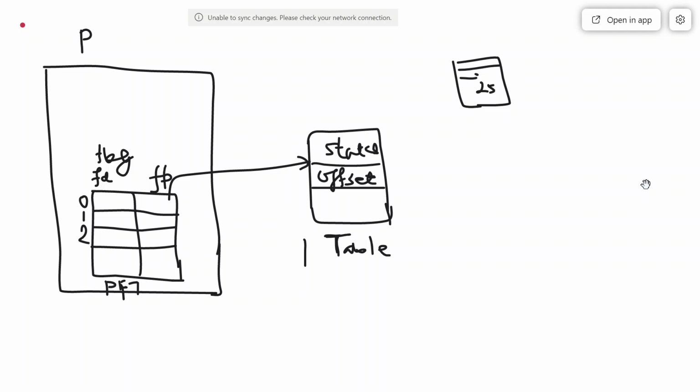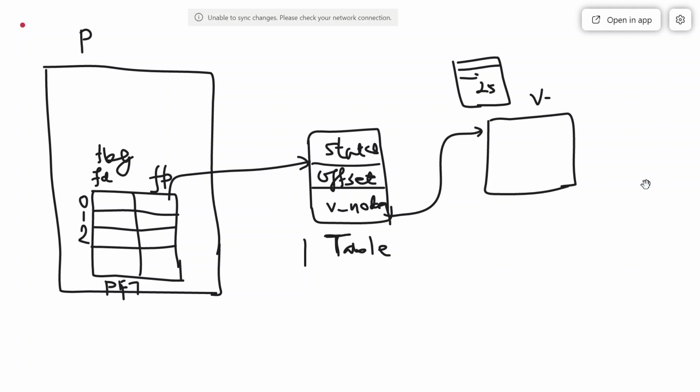And then we have a vnode pointer. Vnode, or inode, you may know that vnode is basically pointing to the inode. Vnode is a virtual sort of thing. The vnode pointer is pointing to the vnode table.